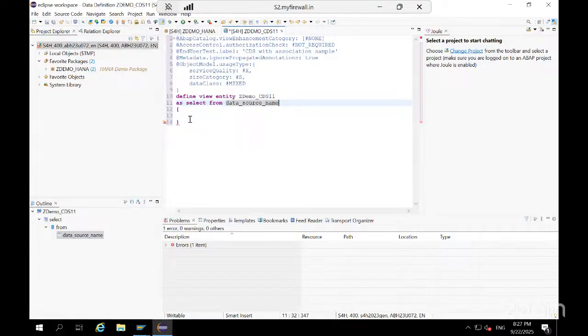By default, we got this syntax. Here, define view entity: what we are defining is a view entity, that is what the syntax means. And this is our CDS view name, which we put at the time of creation. Now it's saying select from data source name. So now the data source will be, for example, we are taking it